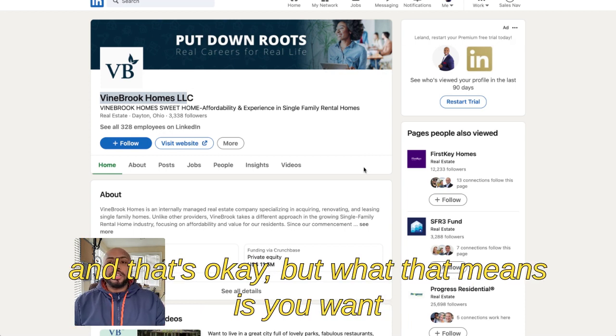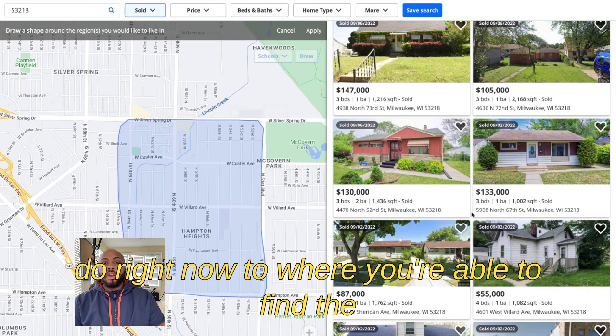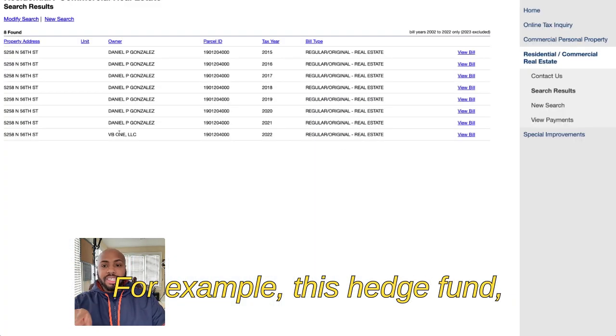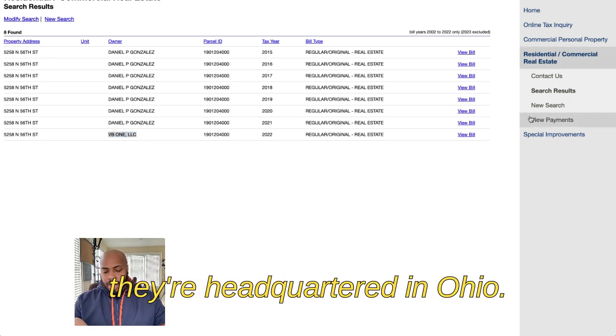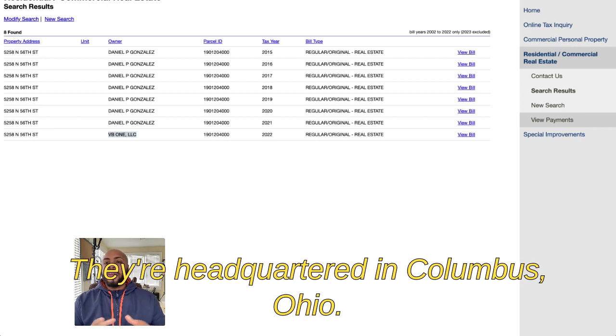But what that means is you want to do some research, like I'm showing you how to do right now, to where you're able to find the person who is boots on the ground. For example, this hedge fund, they're headquartered in Columbus, Ohio.